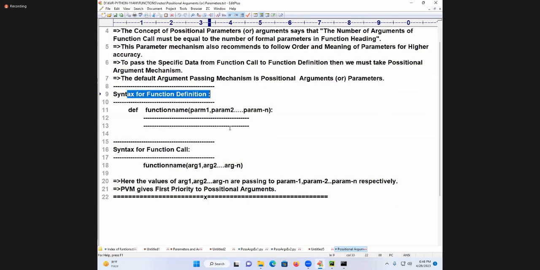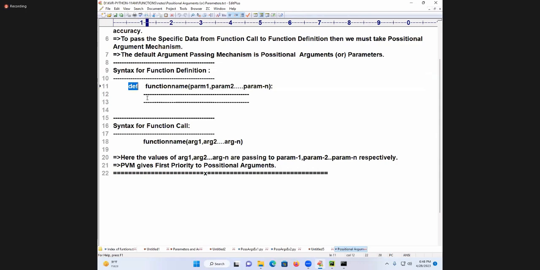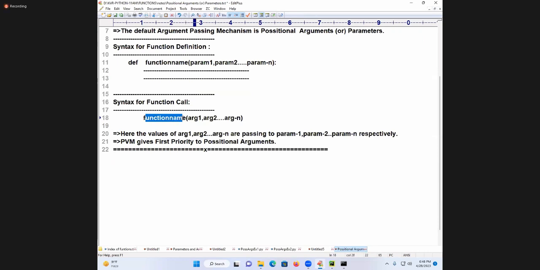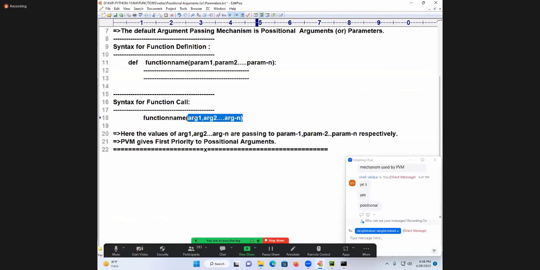Syntax for function definition: def, function name, param1, param2, param n, and so on. Syntax for function call: function name, arg1, arg2, argn. What is happening? arg1 is passing to param1, arg2 to param2, argn to param n.